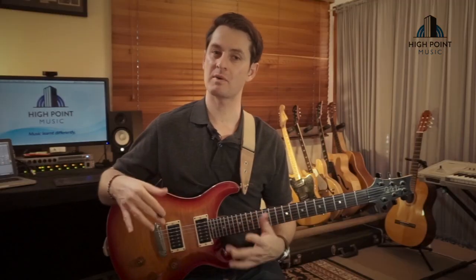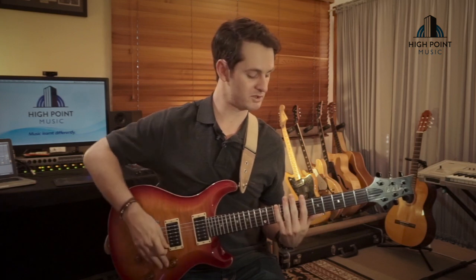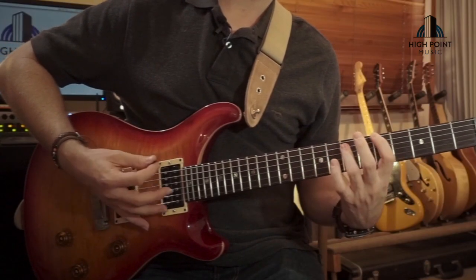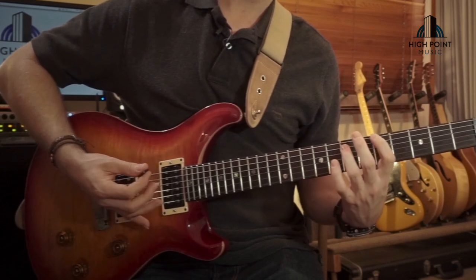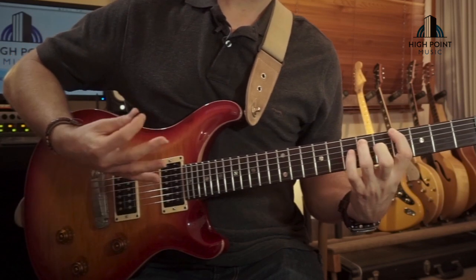So once we've done that part, we repeat that 3 times. And on the 4th time through it, we'll jump on in, I'll show you. It's very easy. We're going 1, 2, hit, 1, 2, hit, just like we were in the first repetitions of it. But when we get to our A flat, which is on our 4th fret here, the strumming is going to change